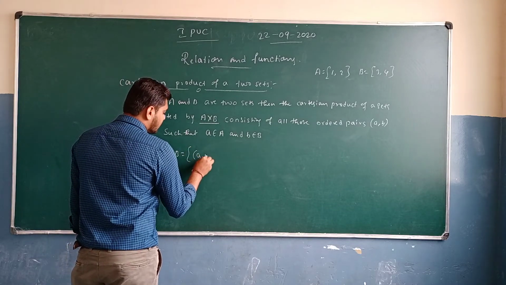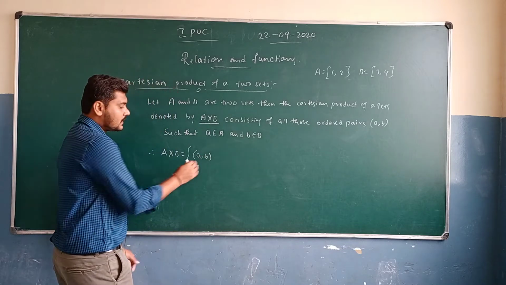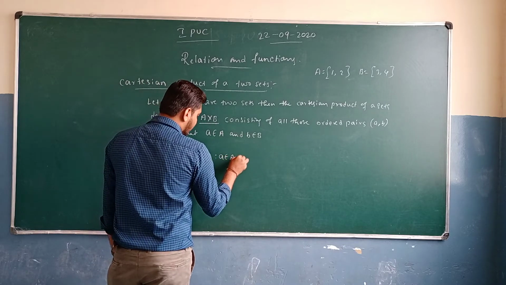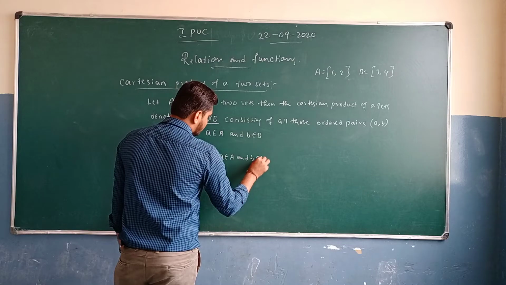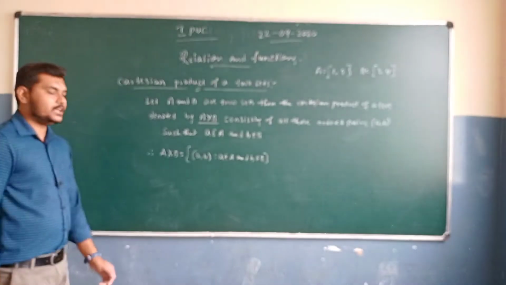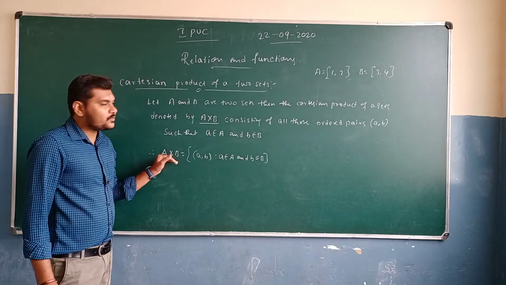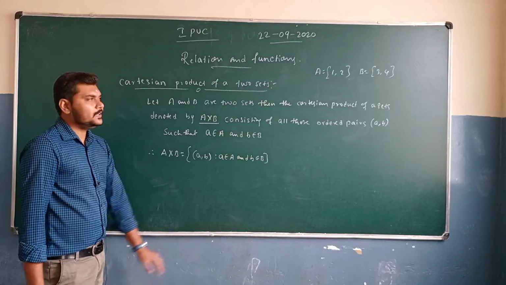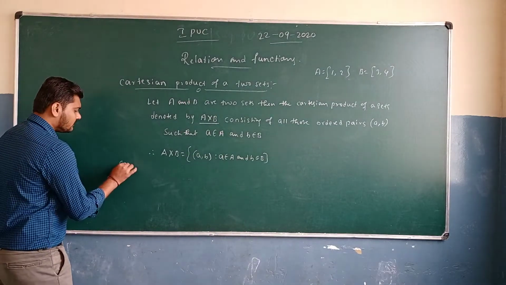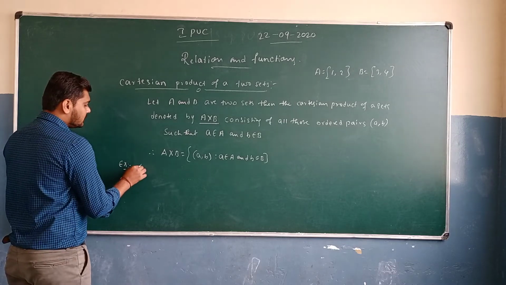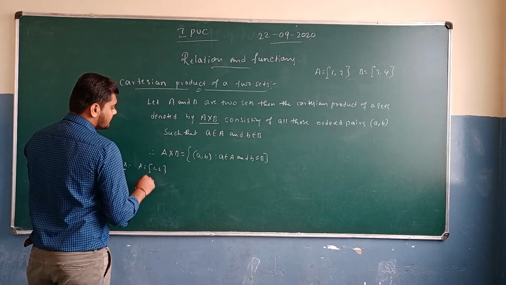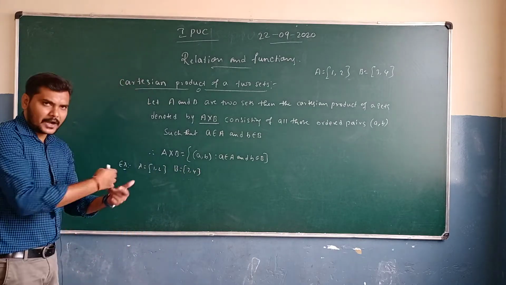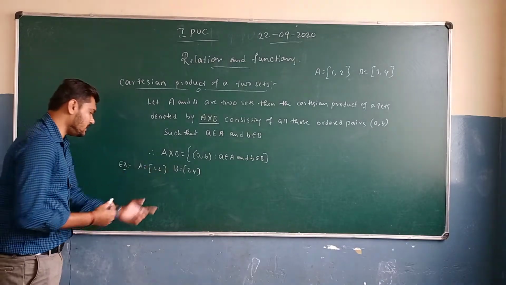the elements present in the Cartesian product A cross B, which are ordered pairs (a, b), such that small letter a belongs to the capital letter A and small letter b belongs to the capital letter B. This gives an alternate definition: A cross B is equal to (a, b) such that a belongs to A and b belongs to B. For an example, I have already taken one. We have the two sets A equal to 1, 2 and B equal to 3, 4, and we are going to form the Cartesian product A cross B.